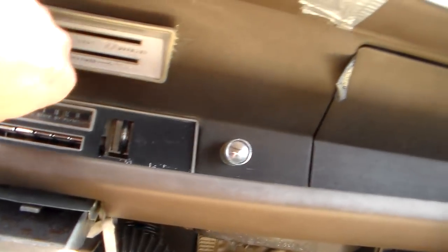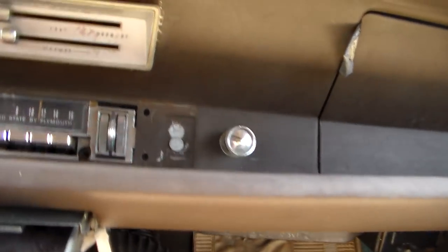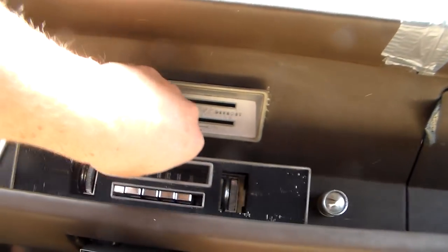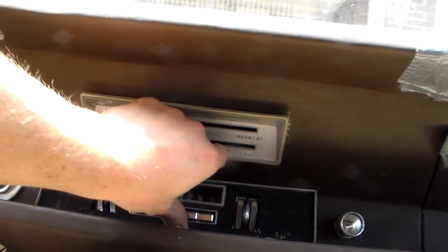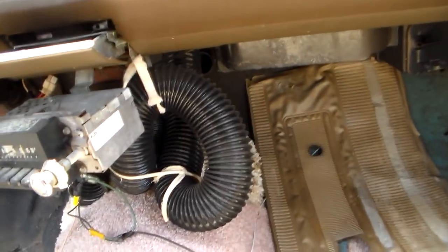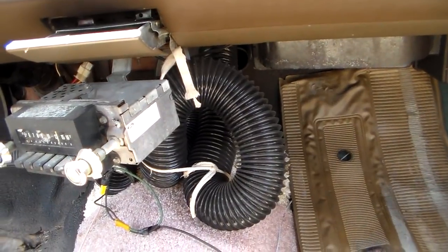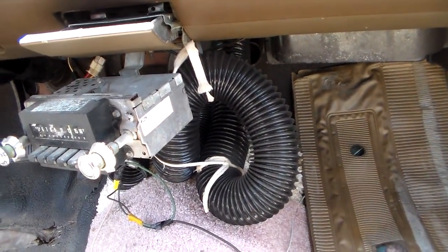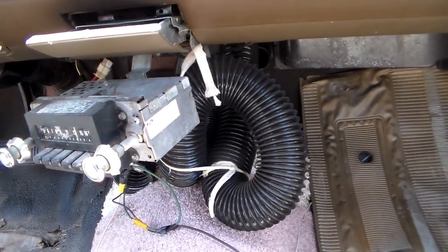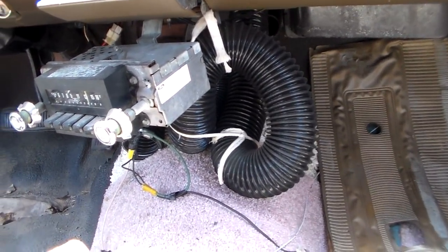It's got this very nice AM thumb wheel style radio. It's got another radio, a Ford radio down here for some reason. I don't even know what's going on with that there. That's the hoses for the defrost. I don't know why they're so long and coming down out here, but